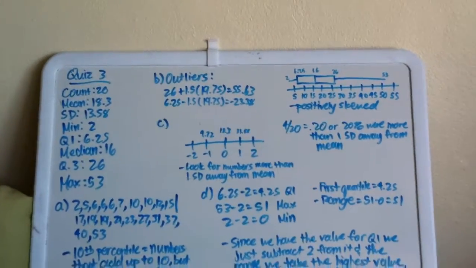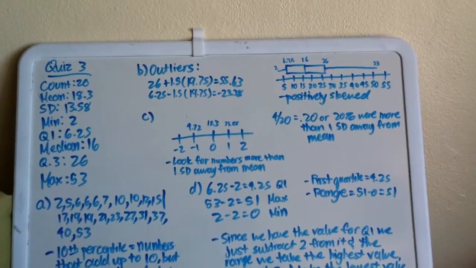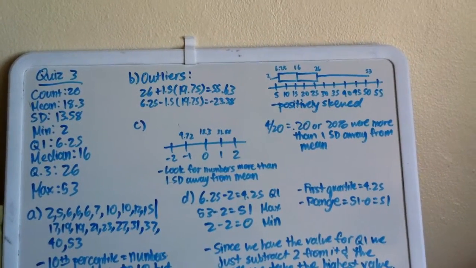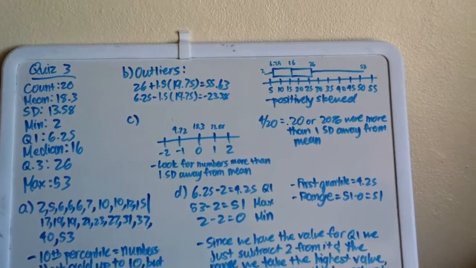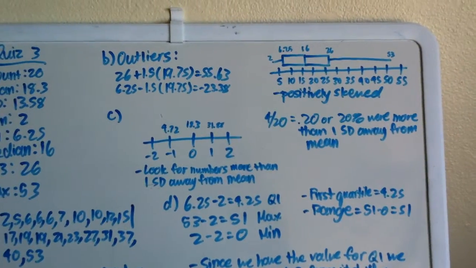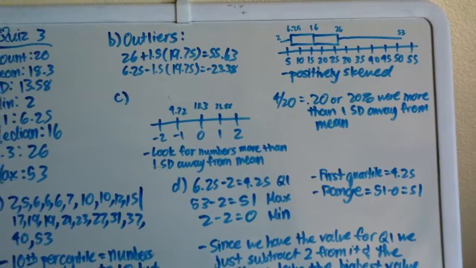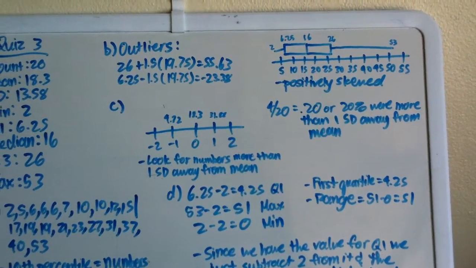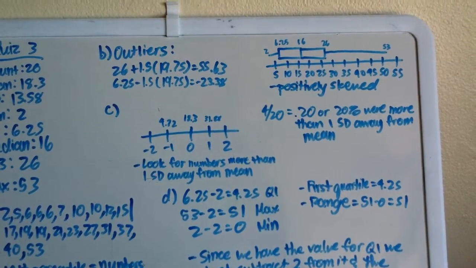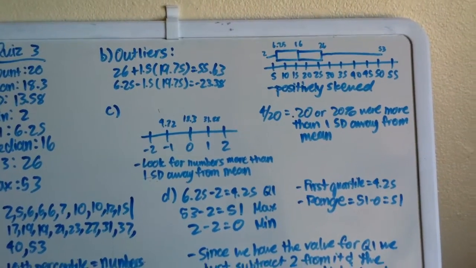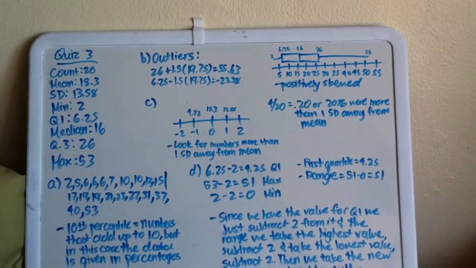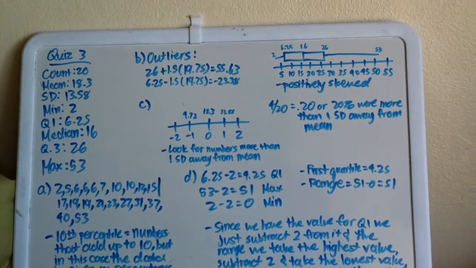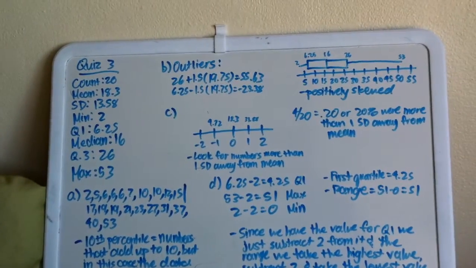In B, it says use the given summary statistics to construct a box plot of the data and describe the shape of the distribution: symmetric, positively or negatively skewed. First, I figured out what the outliers were. The upper one would be 26 plus 1.5 times 19.75, which equals 55.63. And then the second outlier would be 6.25 minus 1.5 times 19.75, which equals